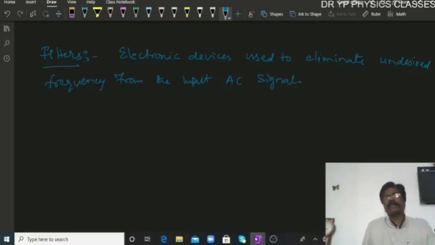So it is an electronic device which is used to eliminate undesired frequency from the input